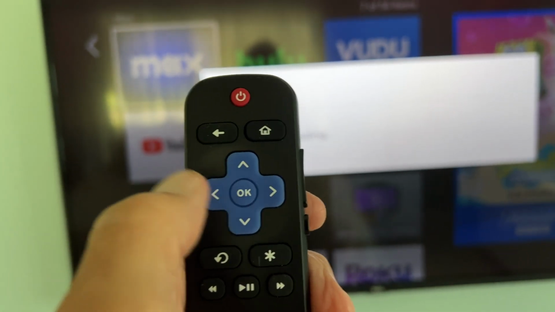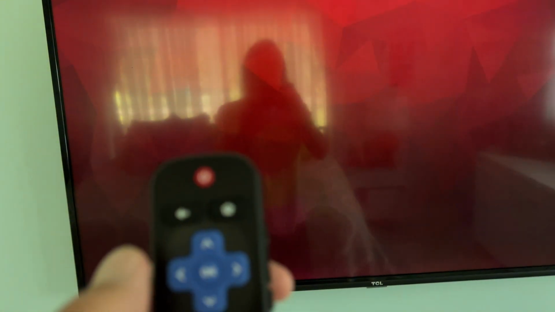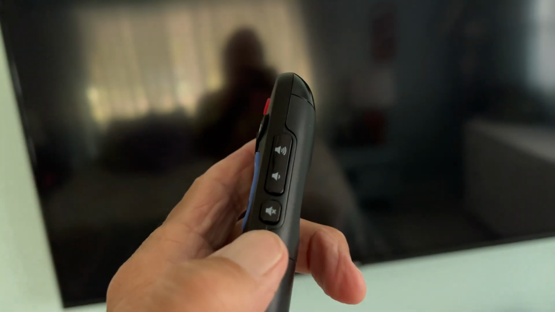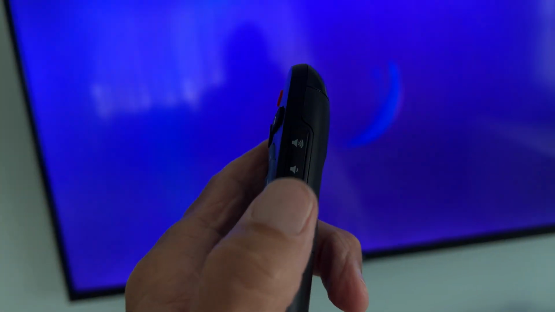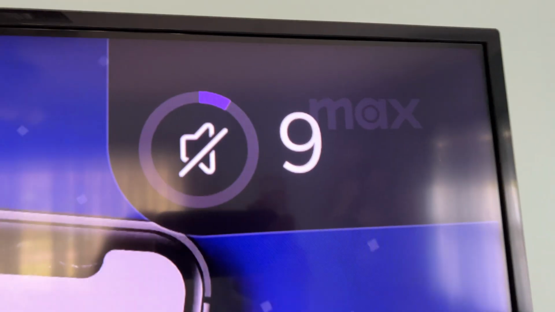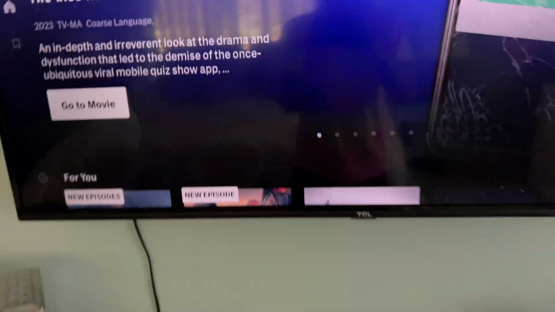All right, so I pressed on the OK and it's loading. It kind of takes a while to load. I'm going to mute it on the side. If you look on the side, I've got a mute button here. I've got an up and down volume button. To raise it, I click here. To put it down, I'm going to go ahead and mute it for now. When I do that, you're going to see this up in the corner. Okay, so here we are. We're in